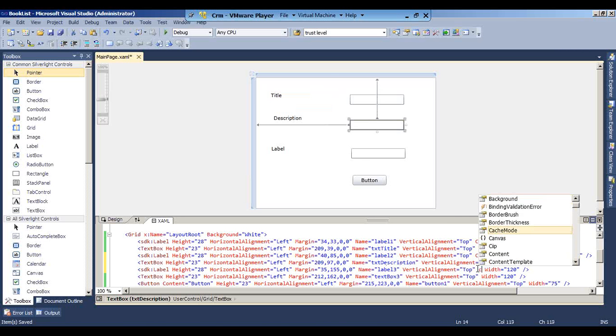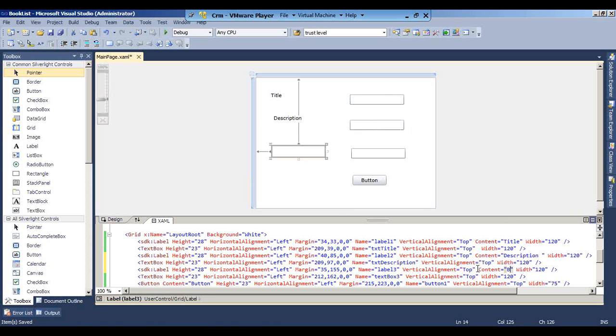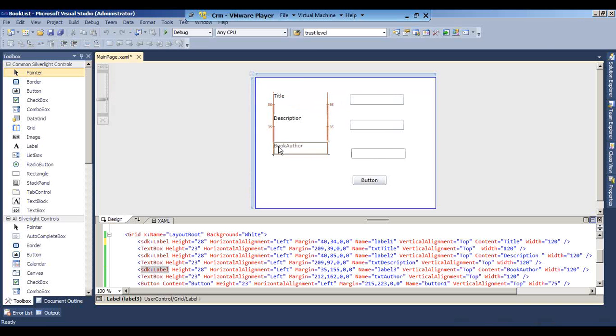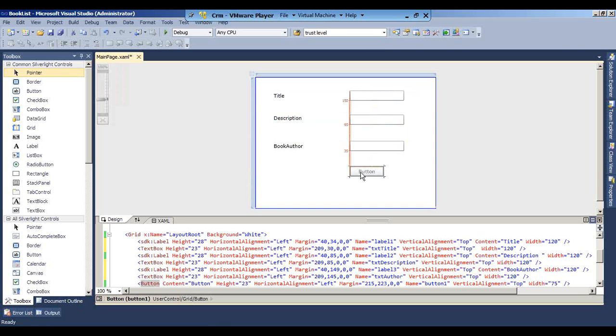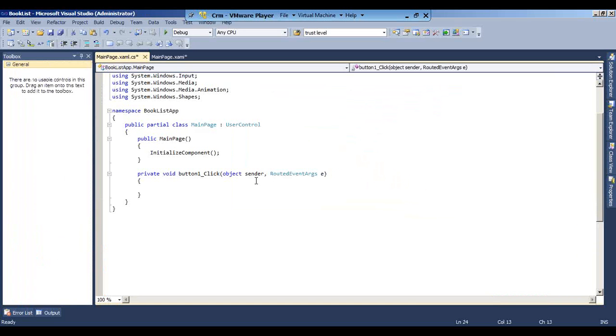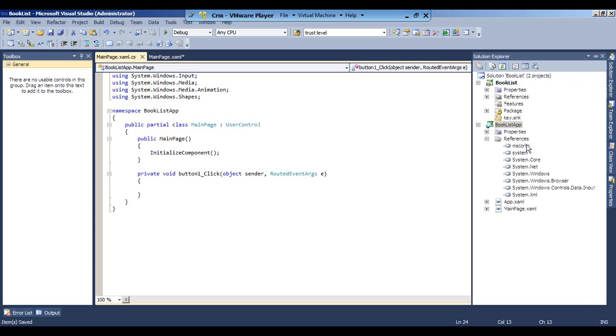The third would obviously be the footer, and this would be txt footer. We'll just put some alignment for the look and feel. Now it looks nice. Now the button is there. The UI part is done. Now we'll have to write some code. First of all, we will add the reference for the Silverlight